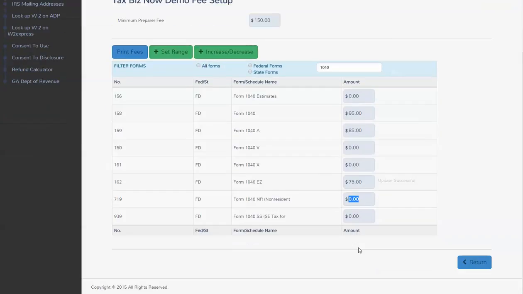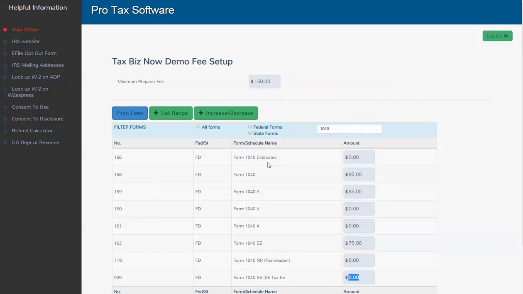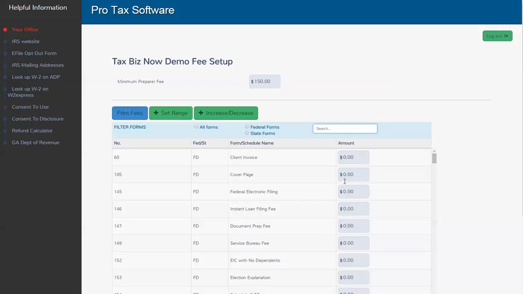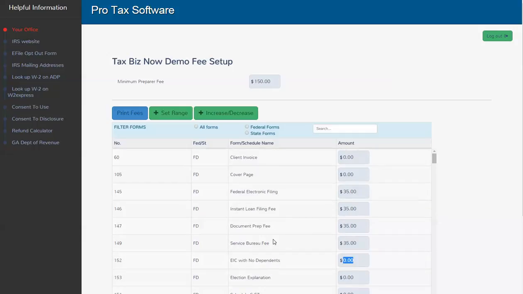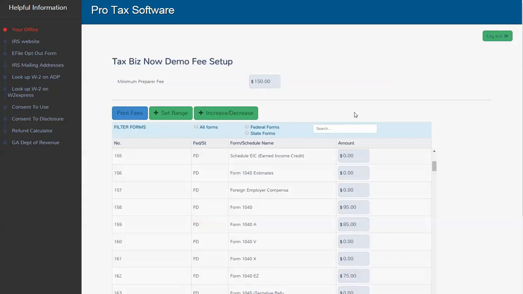Okay, very, very simple. You can also tab down the list. So what a lot of people like to do is start at the top and just kind of tab through everything. So what are you charging for a federal electronic filing fee? 35 bucks. Instant loan filing fee, document prep fee, service bureau fee. You know what I mean? Just go right on down the list. Makes it very, very simple. And then our billing would be set. We can go back to